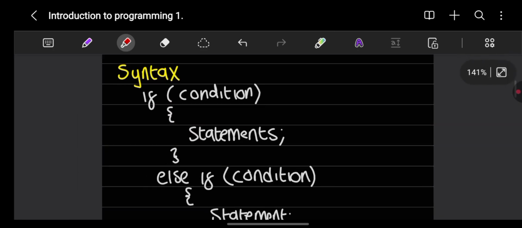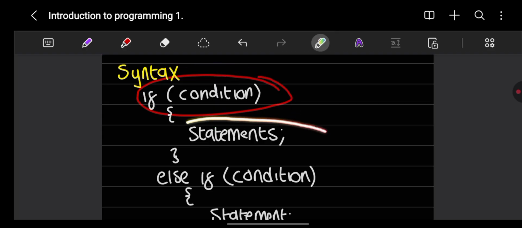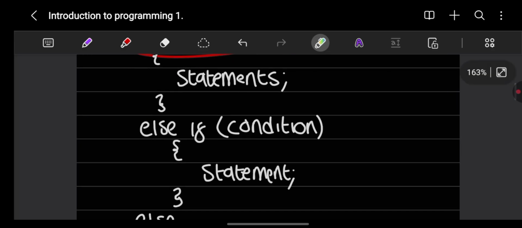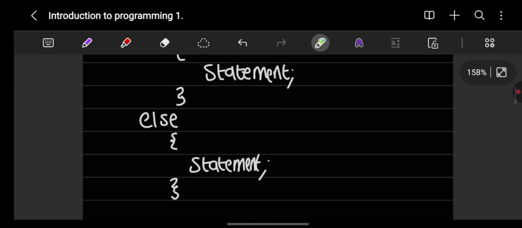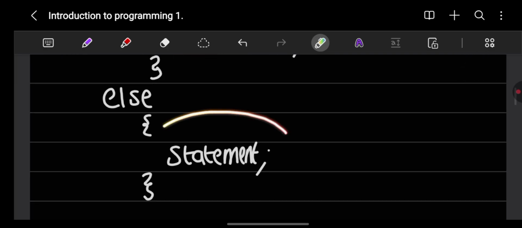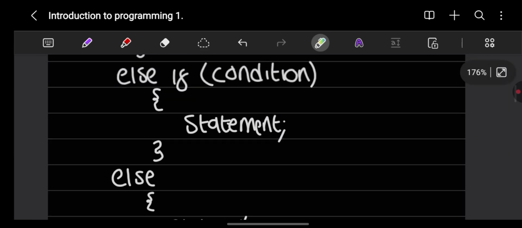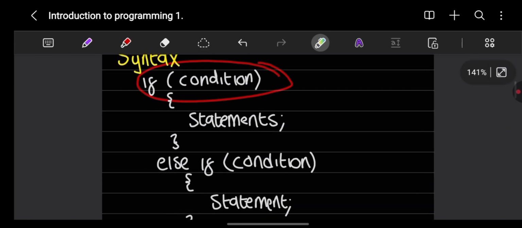Now I wrote down the syntax for that. If you have a condition, and this condition is true, the computer will compile this statement that you have. If it's not true, so let's say you had people who were less than 18, the computer would now have to come to this condition, right? And then compile the statement. But if, for example, you had people who are less than 10, it will compile that statement. The else basically means if the conditions don't fit,